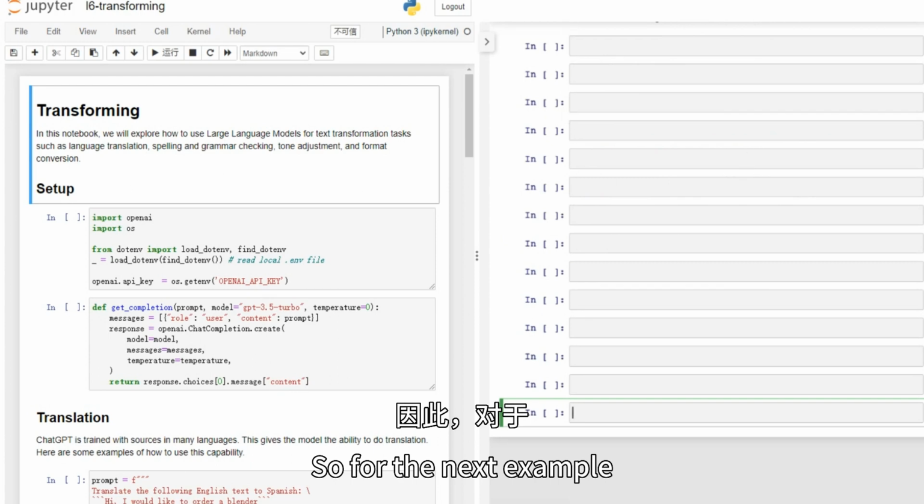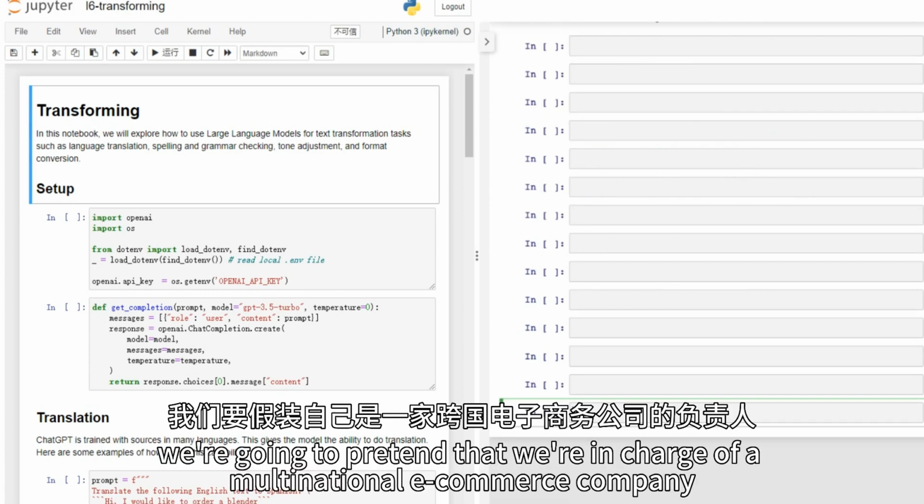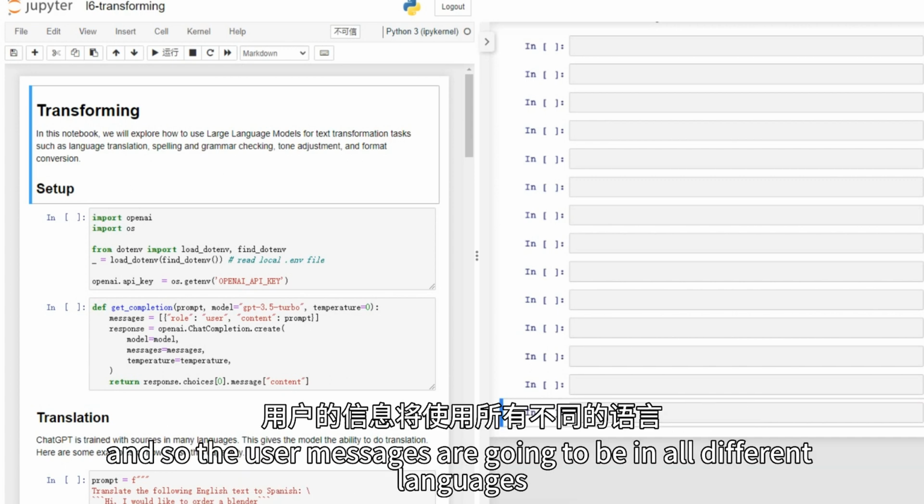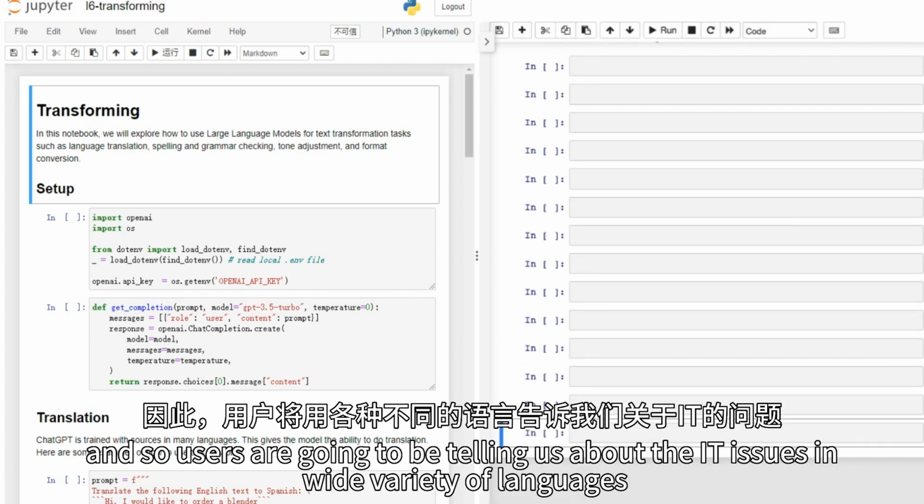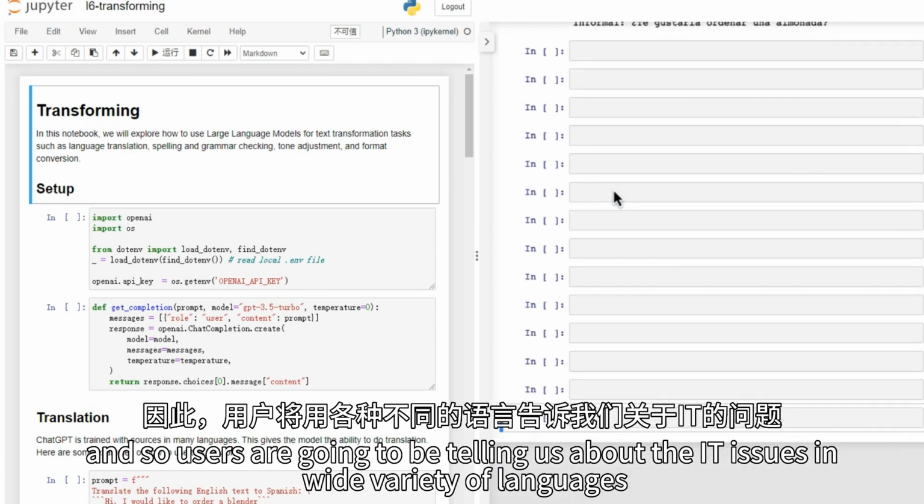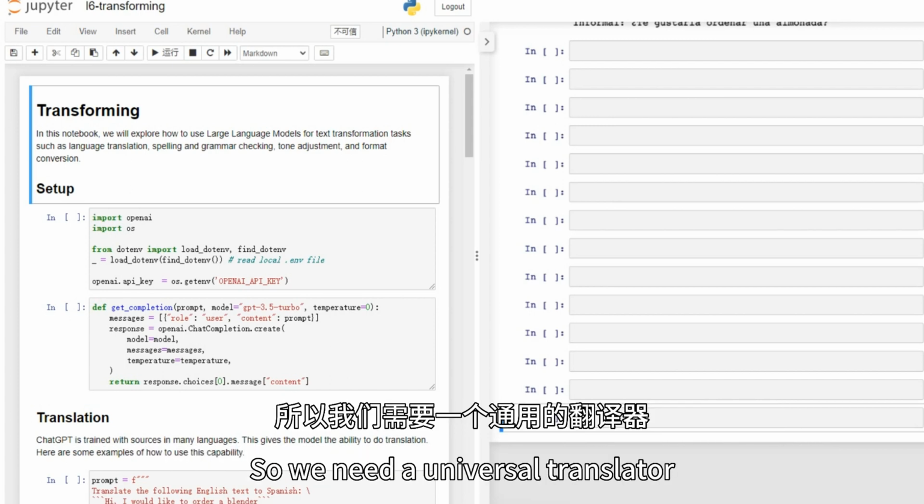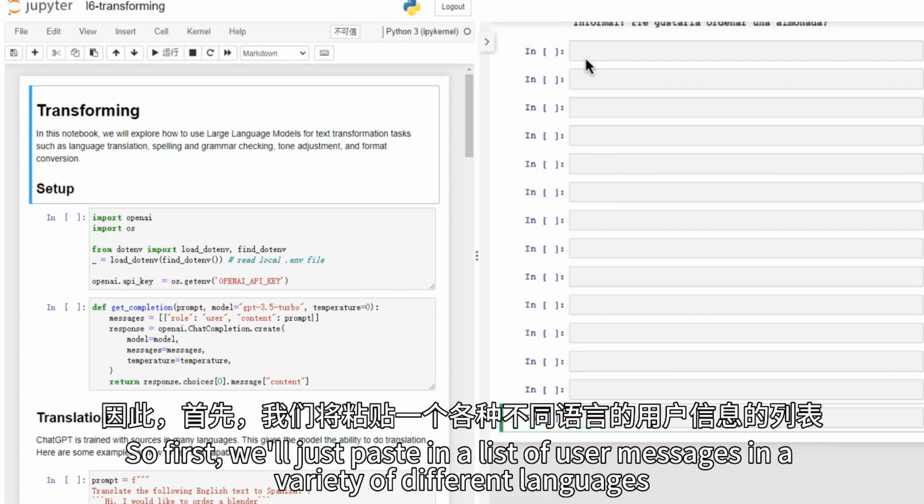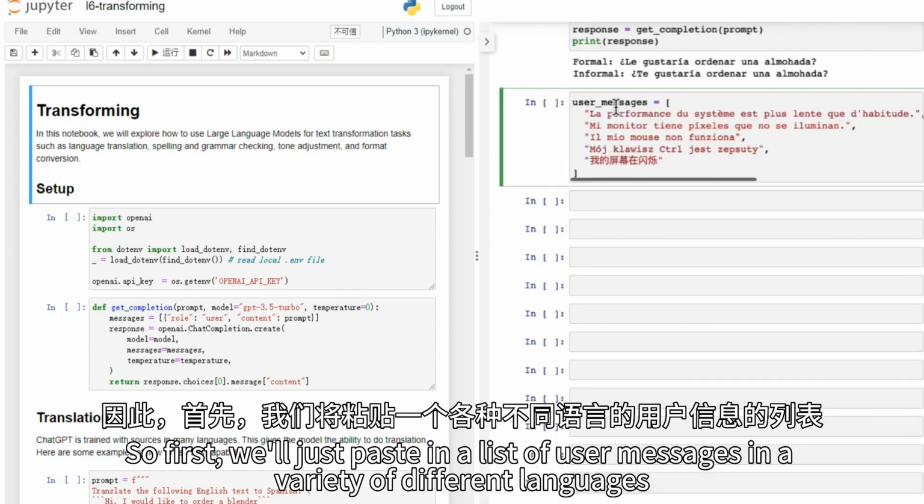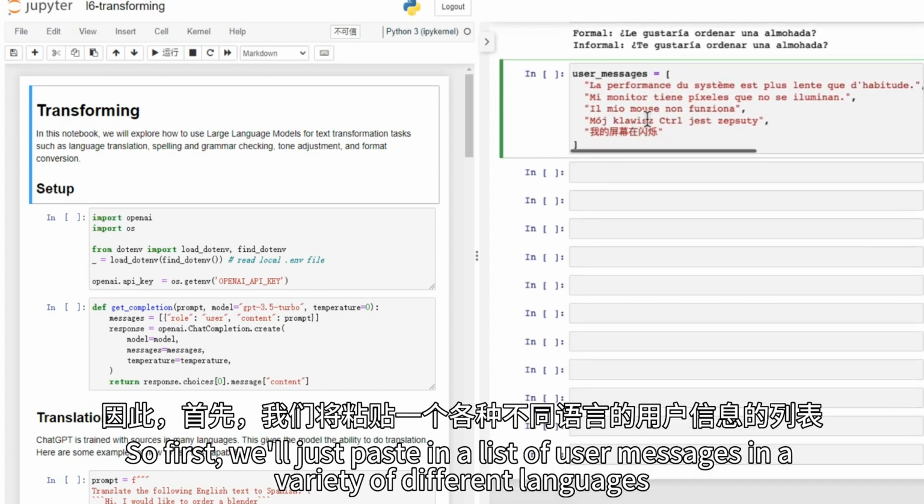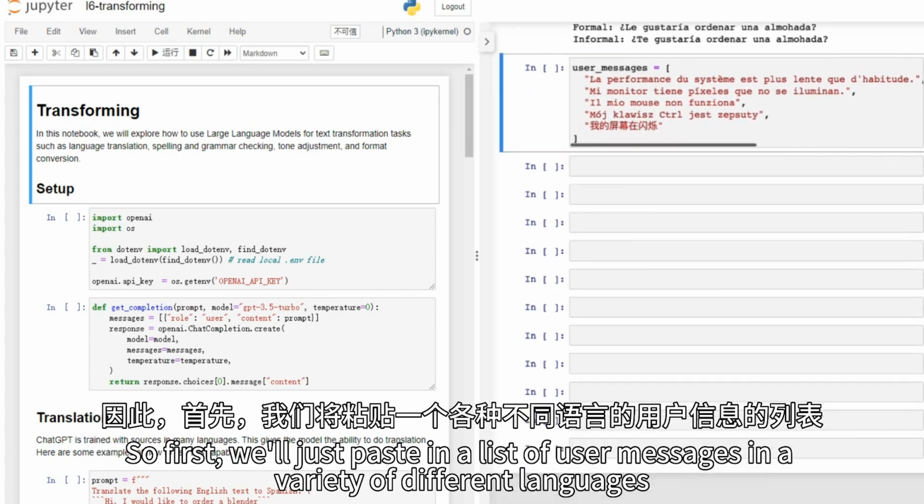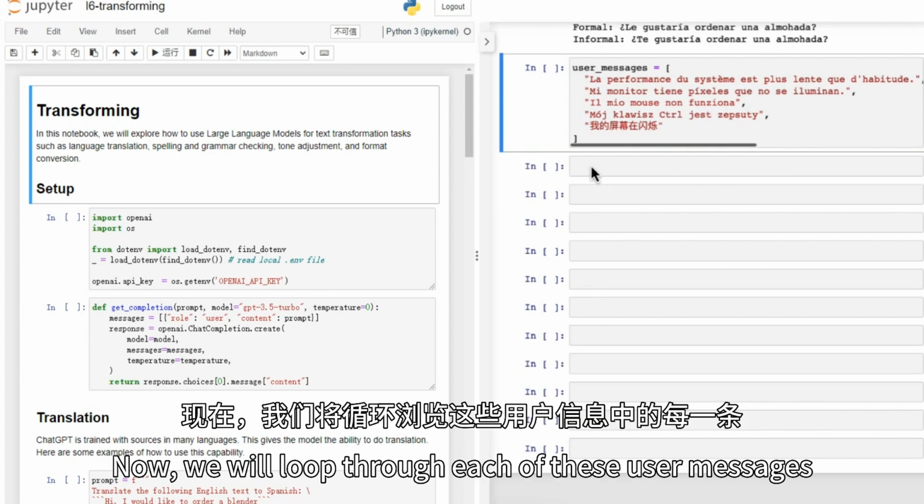For the next example, we're going to pretend that we're in charge of a multinational e-commerce company. And so the user messages are going to be in all different languages. Users are going to be telling us about their IT issues in a wide variety of languages. So we need a universal translator. First we'll just paste in a list of user messages in a variety of different languages. And now we will loop through